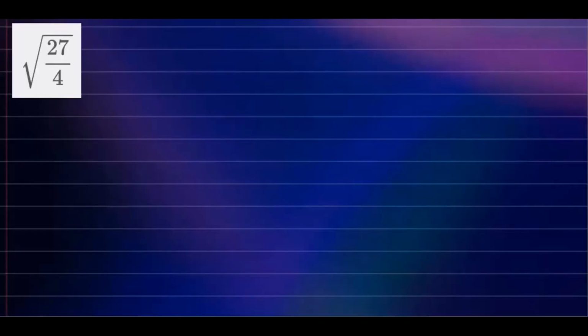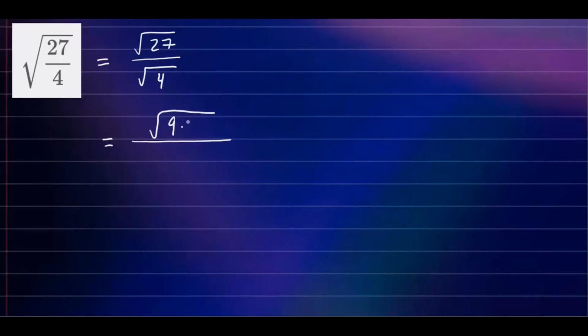Okay, in this example, we want to simplify the square root of 27 over 4. If the index of the radical is not written, we assume it's a 2, so this is a square root. By using the property of radicals, we can write this as the square root of 27 over the square root of 4. Now let's simplify each of these. The square root of 27, we can write as the square root of 9 times 3,